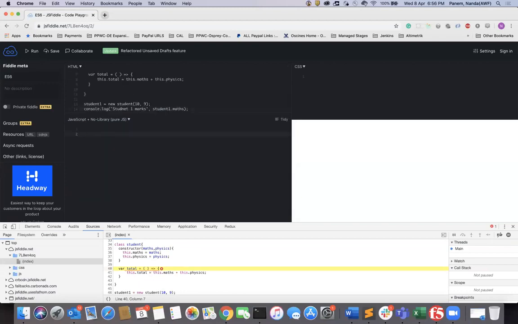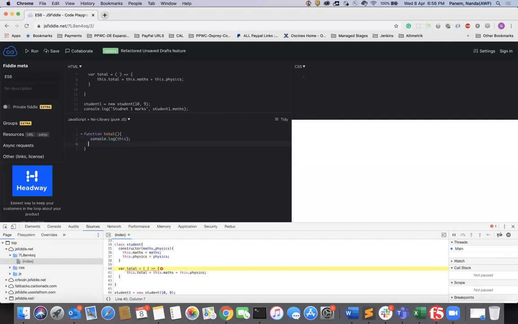So let me create a normal function. Function total equal to console.log of this.